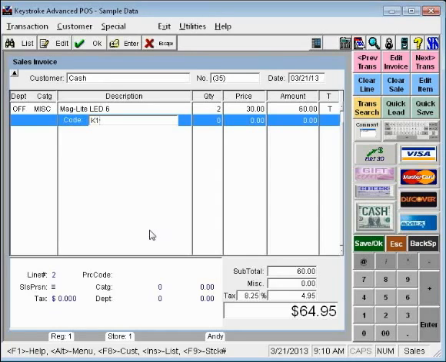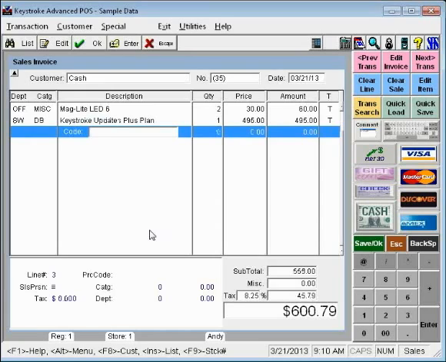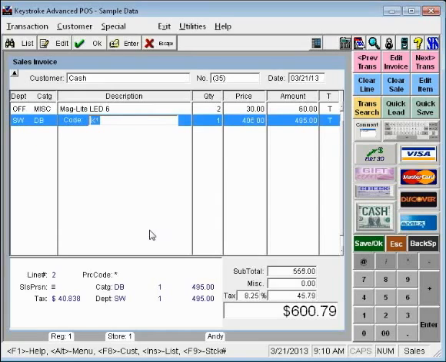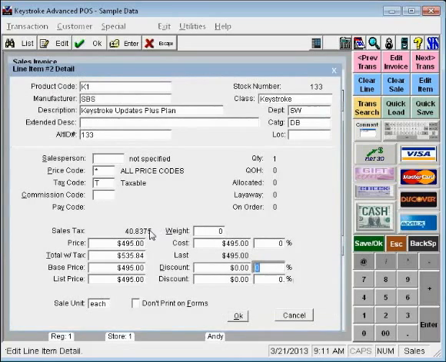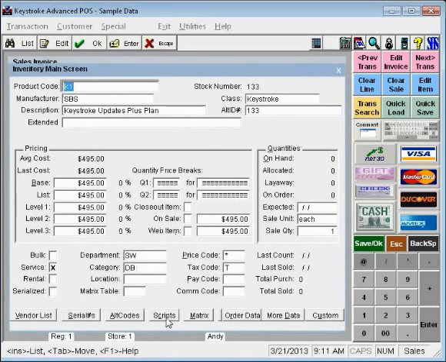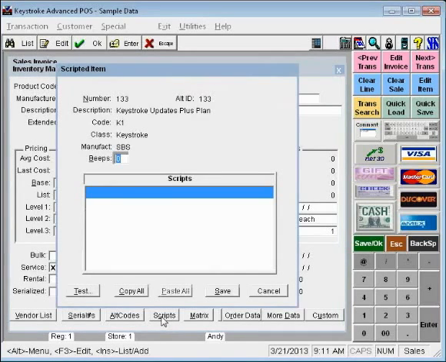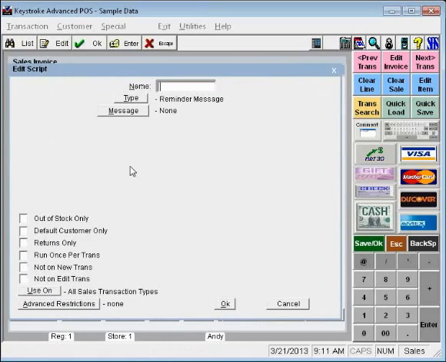Another example of that is, let's say, the Keystroke Updates Plus plan, and I'm just going to go ahead and edit this to create the script. I'm going to hit F3, F3 again. I'm going to select scripts here, and this gives me all of my scripting options. I can have it beep so that wakes up the clerk from their semi-trance that they're in as they check people out. And I'm going to come right here, hit enter, and we can call it upsell,